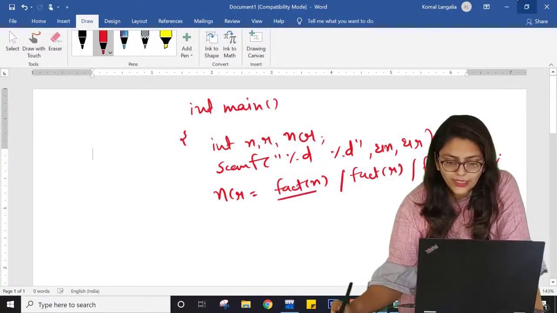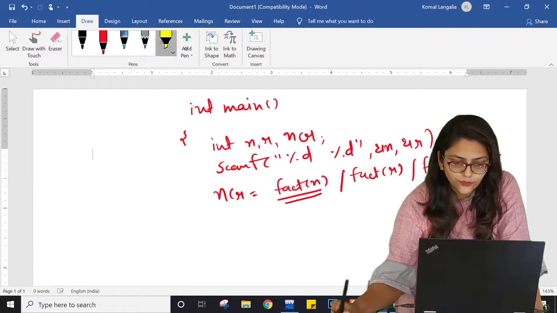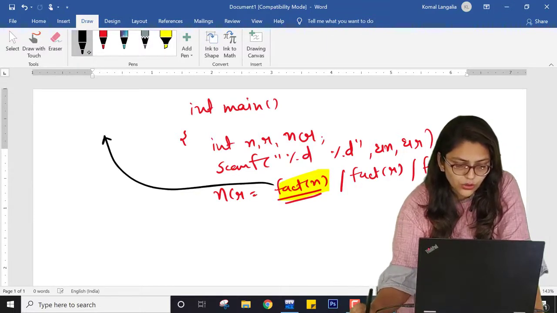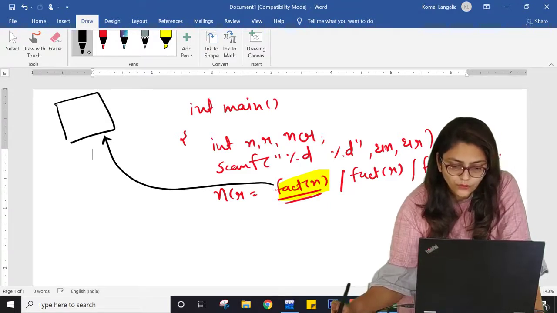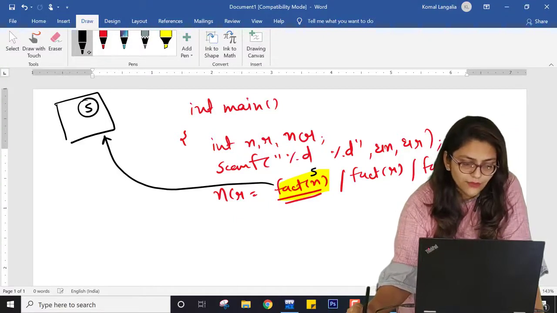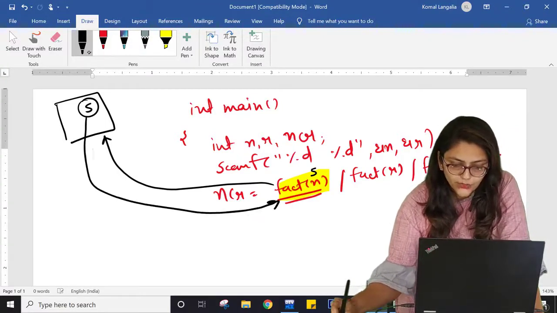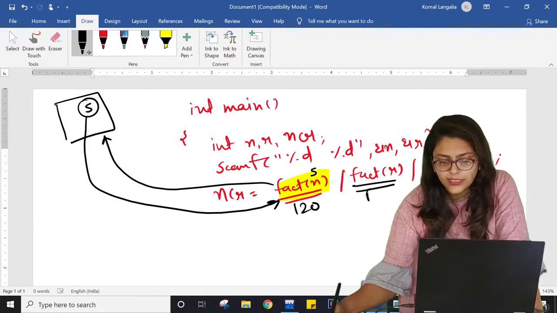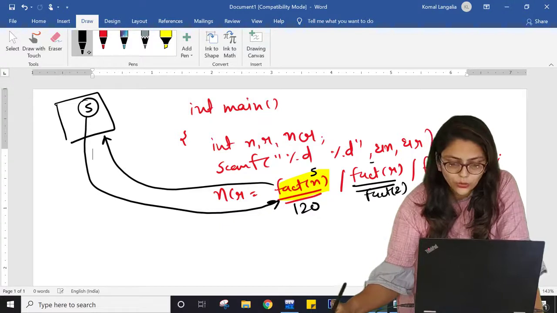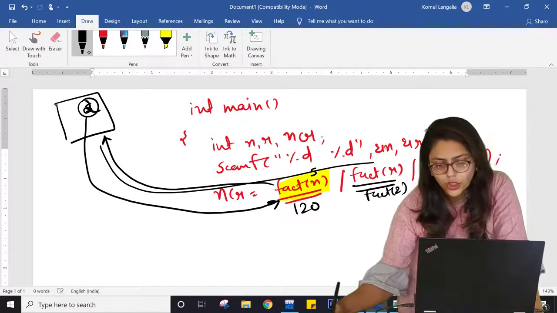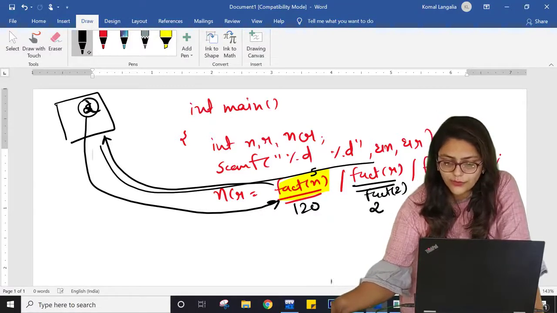So now when it encounters this, it will not go further. For this it will not go further. It will go to my magic box to find factorial. So value of n, whatever value I have entered, 5, so 5 will be copied there and fact of 5 will be returned. So here it will return 120. Then again when it encounters fact of r, that is fact of 2, it will give this value 2 to this magic box and return 2 over here, and same for this 3, so it will return 6 over here.